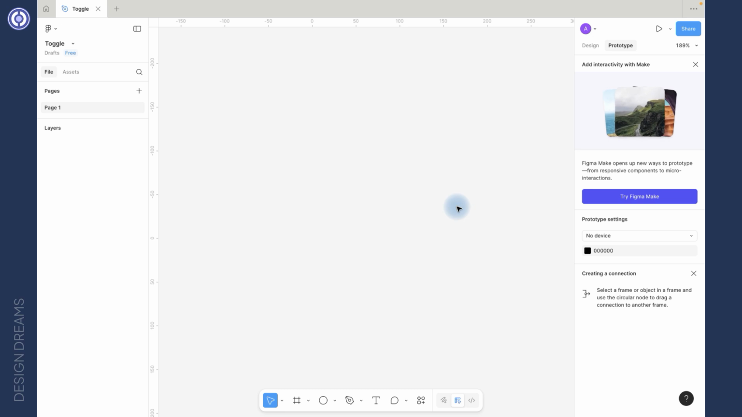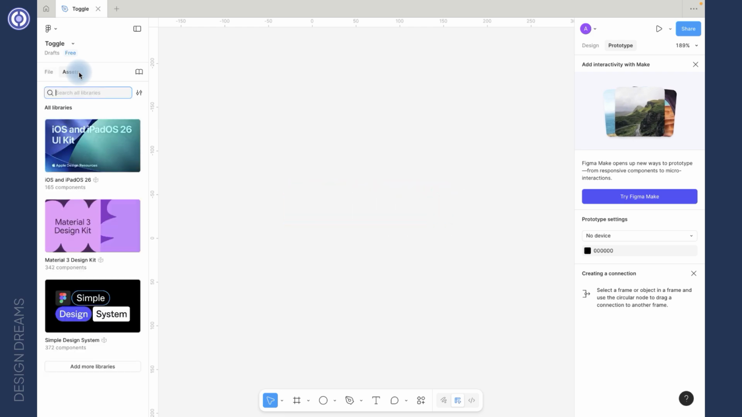My name is Arshdeep Singh and today we're going to learn how to create interactive toggle buttons using auto layout. But before we start, know that you have toggle buttons available in your assets within 3 pre-installed libraries, which includes iOS, Material Design, and Simple Design by Figma. However, if you want to learn how to create interactive toggle buttons from scratch using auto layout, this is the